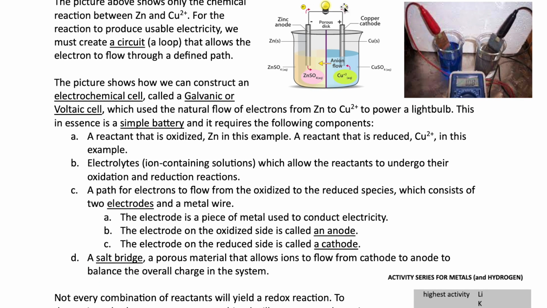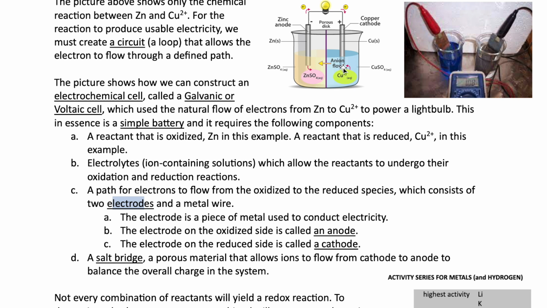There has to be a path for the electron to flow from one side to the other, from the oxidized to the reduced side. And so we make up these paths, which consist of the following. These pieces of metal are called electrodes. The side where the oxidation occurs, that electrode is called the anode. The side where the reduction occurs, that electrode is called the cathode. And then there's a wire that connects the anode with the cathode,